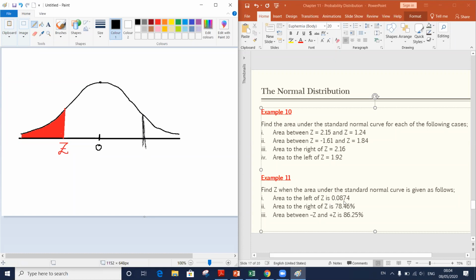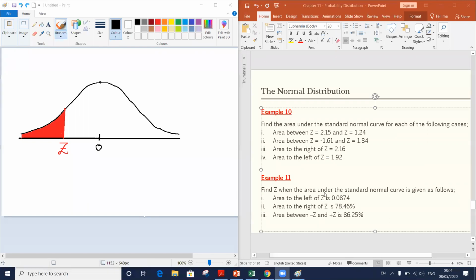Right? Since the Z value here is less than 0.5, it talks about a negative Z value. That is why I have the cutoff from the negative area, right? Negative point. If it were more than 0.5 for the area to the left of Z, yes, we could start from the right-hand side, from point 0. Since 0.0874 is less than 0.5, that is why I went to the negative side, right?